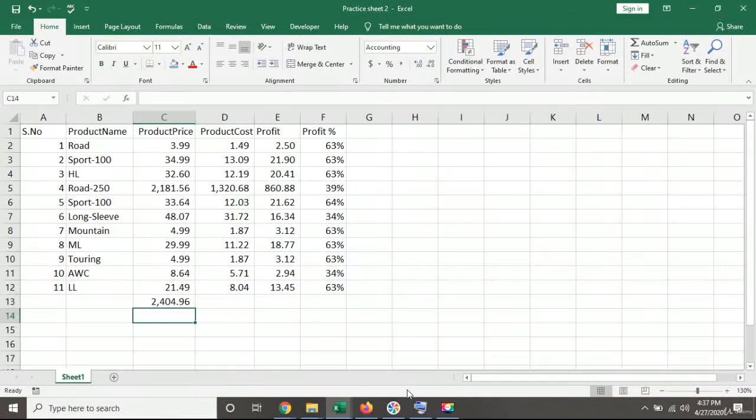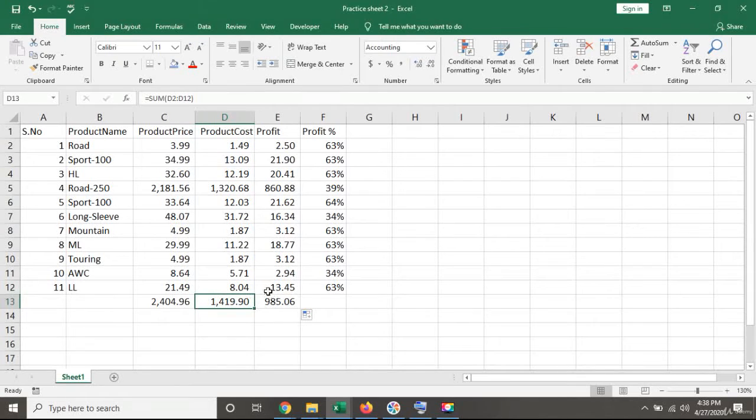Excel will calculate the total value for me for this particular cell. You can just copy and paste this formula. Do Ctrl C to copy and Ctrl V to paste this formula into the other cell, and you can calculate the same thing for product cost, and again just copy and paste to calculate the total profit. So that way you can replicate this formula on multiple cells as well. Or you could do our previous trick of dragging down. You can simply do this dragging thing here as well, and Excel will quickly replicate this formula to multiple cells.